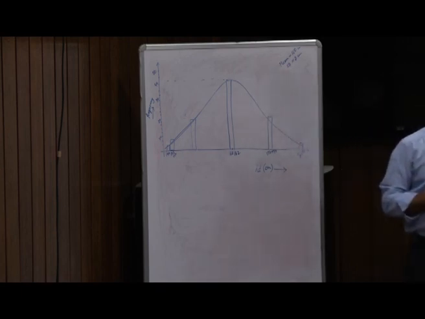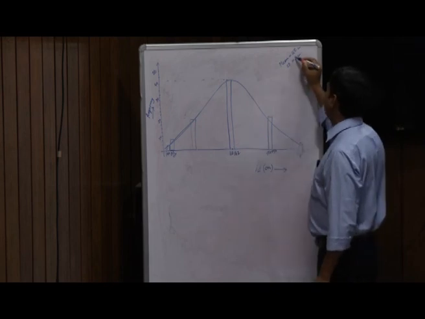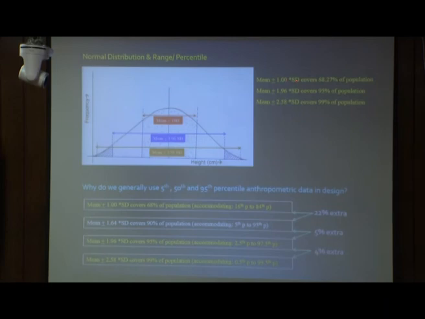Now from the statistical analysis, while any data set follows normal distribution, then it is observed that, as it is mentioned here, mean plus one standard deviation value covers 68% of the population. From the mean value, if this is the mean value point, from that 160 centimeter mean, plus 1 standard deviation value covers 68% of the population. From the mean value, if we go 1 standard deviation up or 1 standard deviation down,